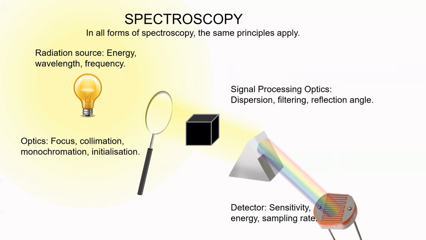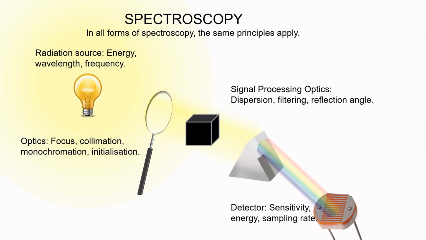Then you obviously have the object you're looking at. And then on the output side, again, you've got to have some signal processing optics, so you might be dispersing or filtering, dispersing by wavelength or frequency, filtering to capture only particular frequencies or wavelengths,